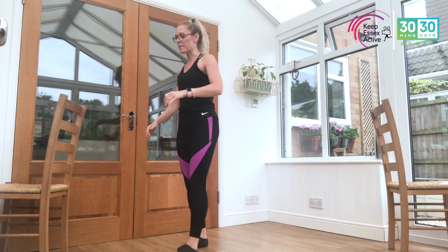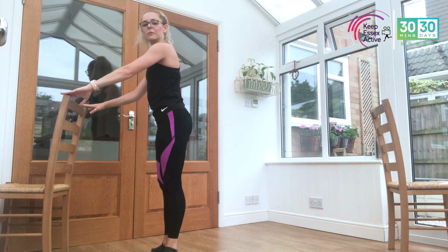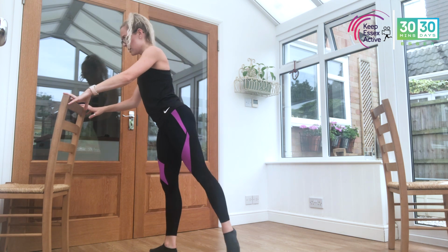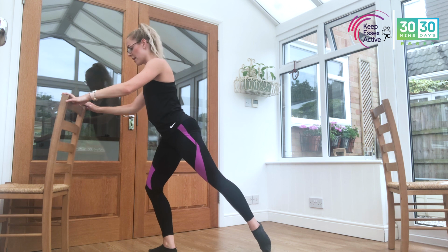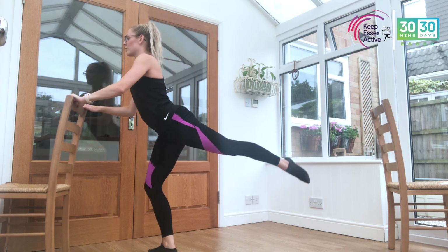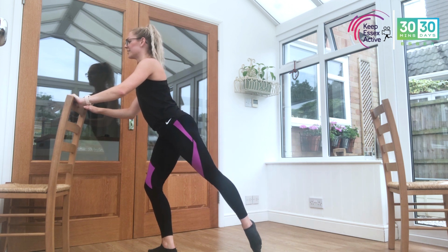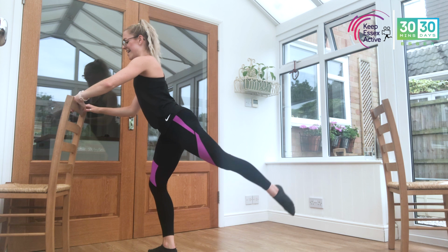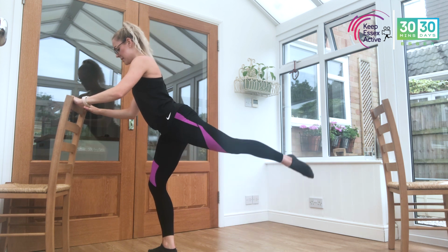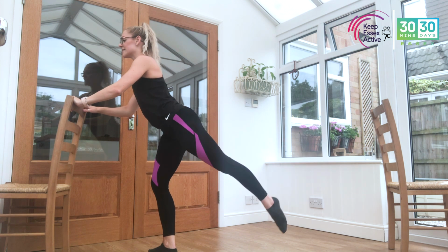Now we go. Either you can stay at that bar, I'm just going to turn around so you can see my outside leg working. From first position, leg goes behind, we take a slight plie on this leg and we lift 1 and down, 2, down, 3 and 4 and 5, 6, 7, keep the head forward, 8 more,